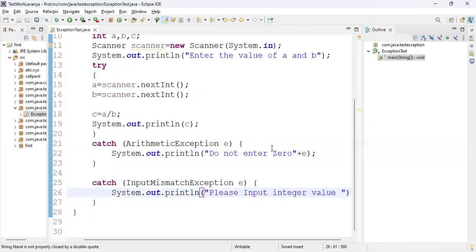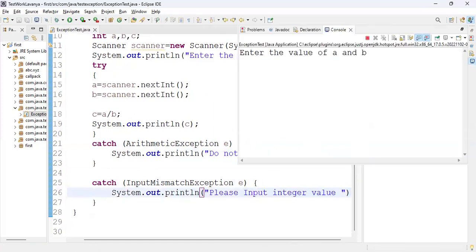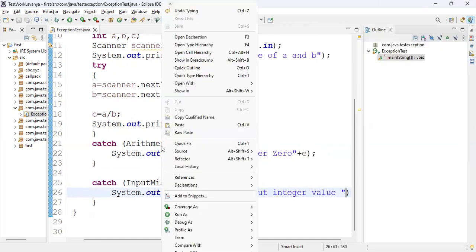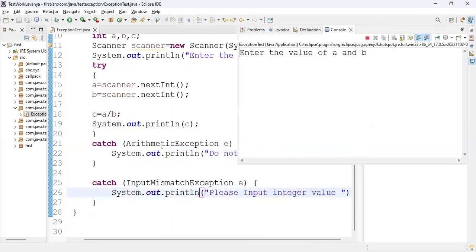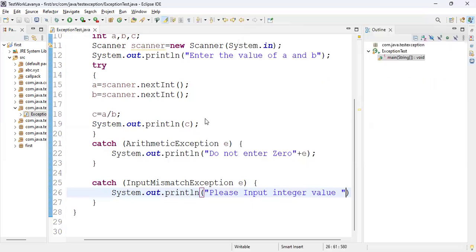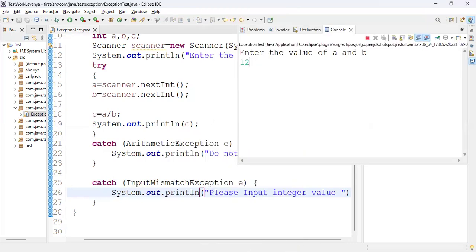Now just see the flow. We'll have 10 and 2. Perfect. Code is running smoothly. If we go with 10 and 0, do not enter 0. If we go with 12 and U, please input integer. So this is the very basic definition of exception handling, that how we can handle